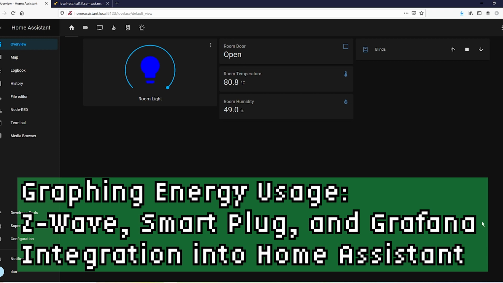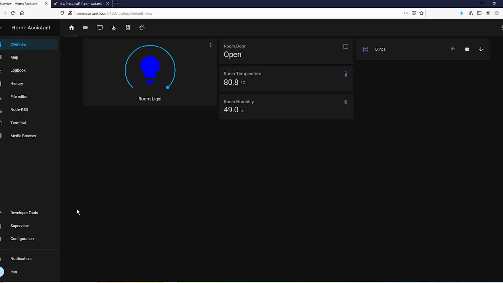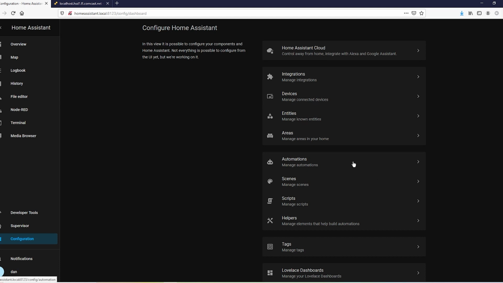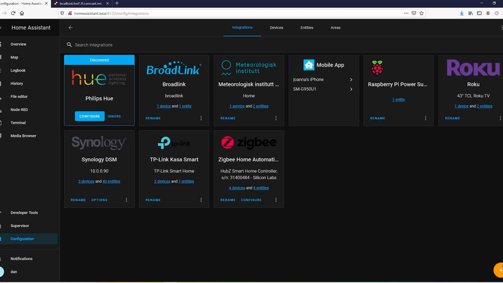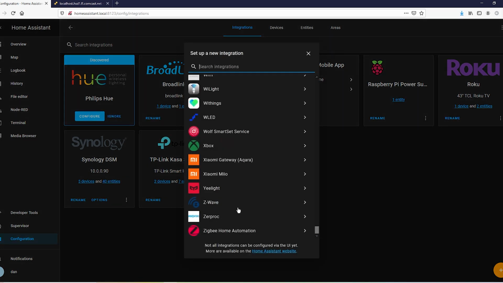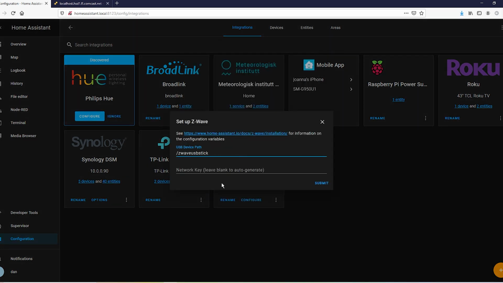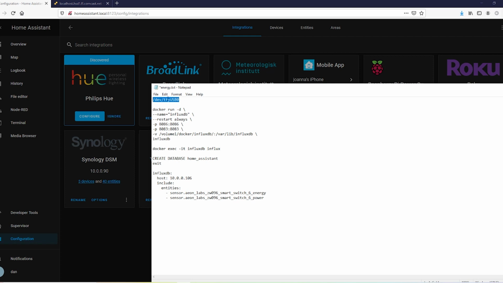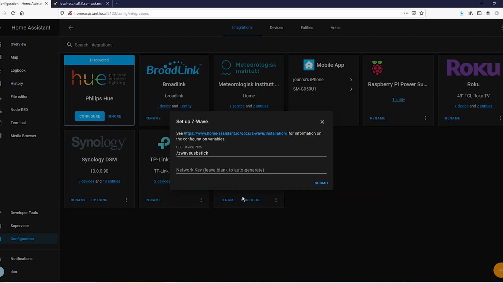So without further ado, let's go ahead and set up our Z-Wave network. As per usual, configuration, integrations, and Z-Wave. Now here, this is assuming you're using the same stick I'm using, which is Zigbee and Z-Wave,